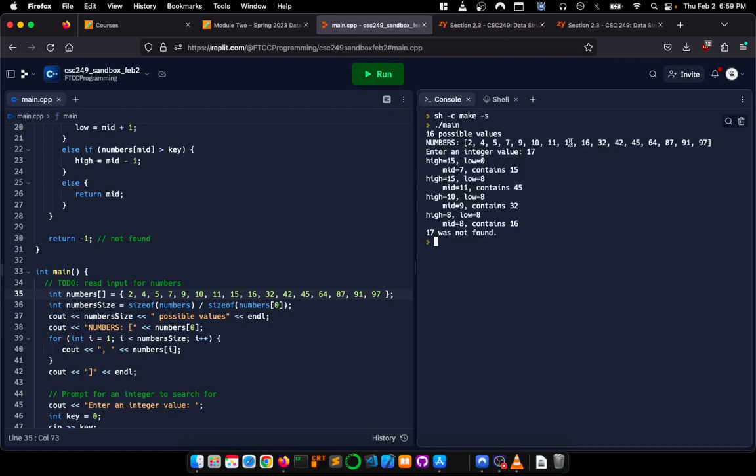Again, here, you can see 15 is too low, so now I'll check this half of the list, and then I check that half of the list, and I go to the middle. So 45 is too high. I go to the middle again of the half because I'm cutting it in half each time. And then 32. And then finally, if 16 and 32 are two adjacent values, then 17 is not found